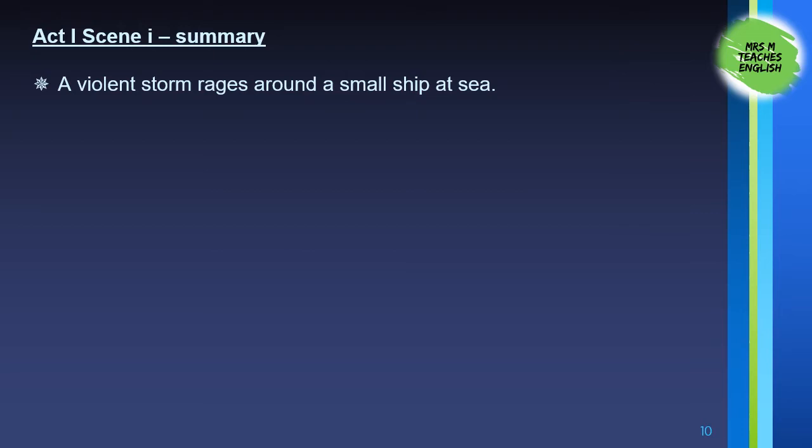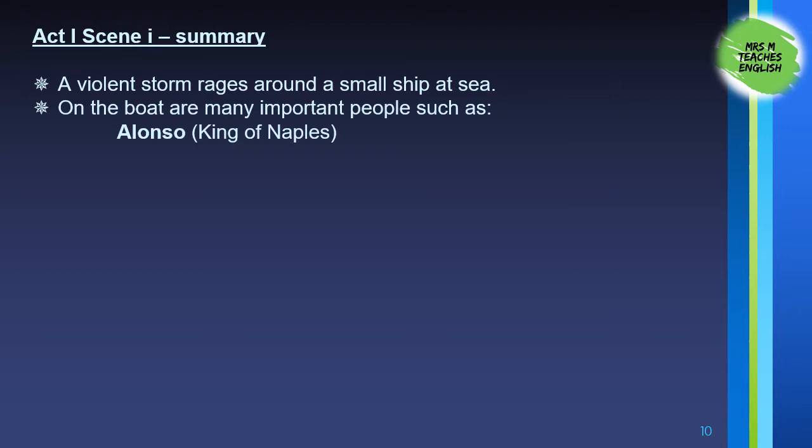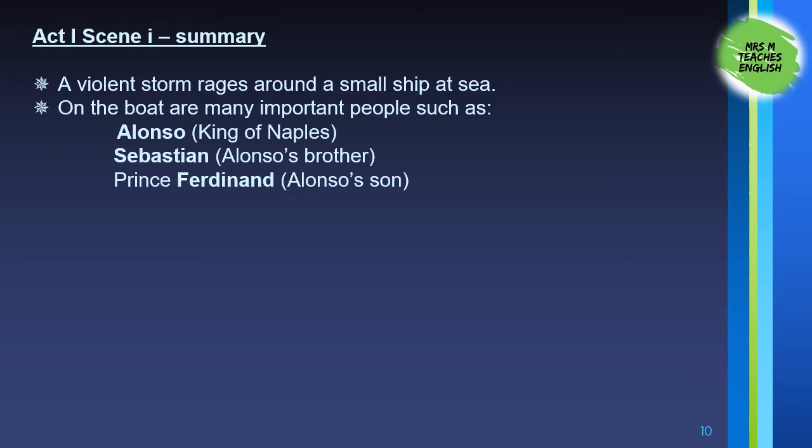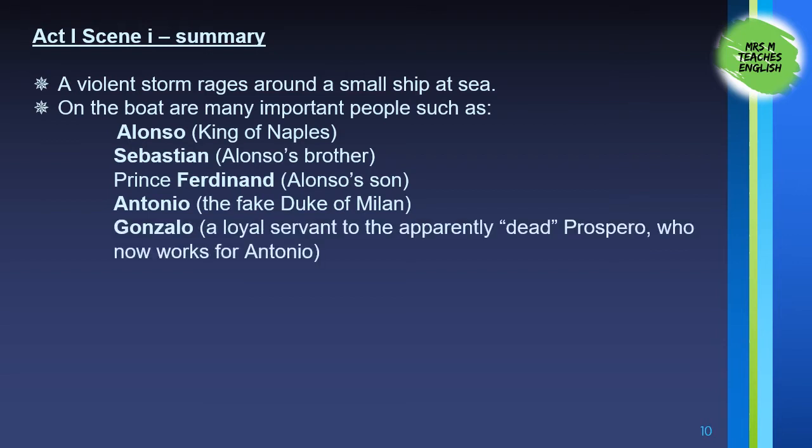Right then, here's a potted summary of the first scene. The play opens with a storm at sea. A sailing ship is battling against the elements. The ship is carrying Alonso, the King of Naples, Sebastian, his brother, Ferdinand, his son, Antonio, the Duke of Milan, but we'll learn that he became Duke by nefarious means,